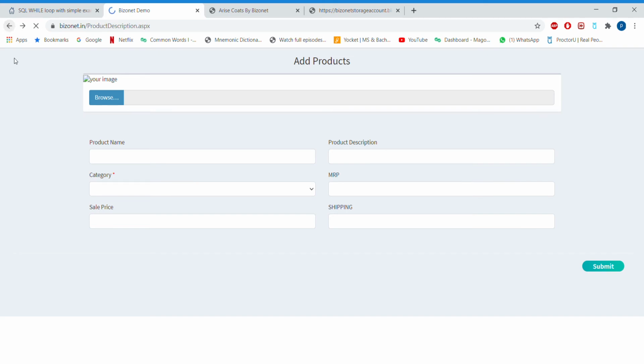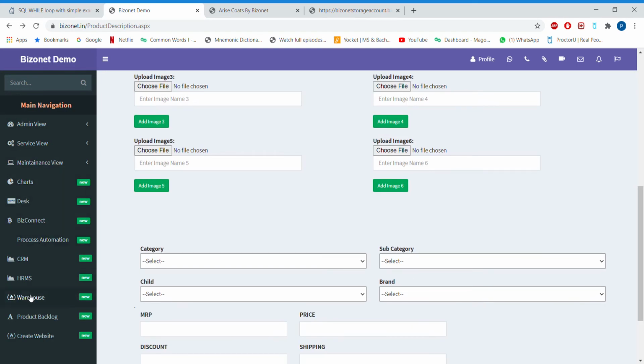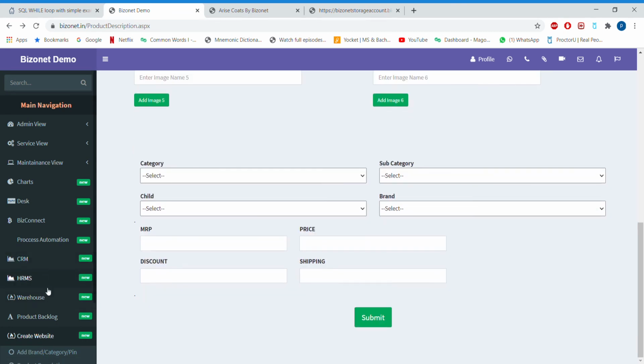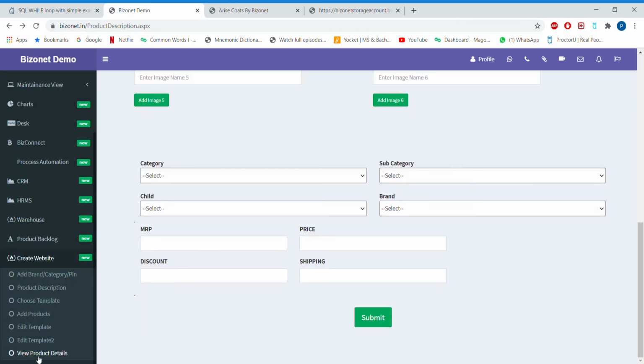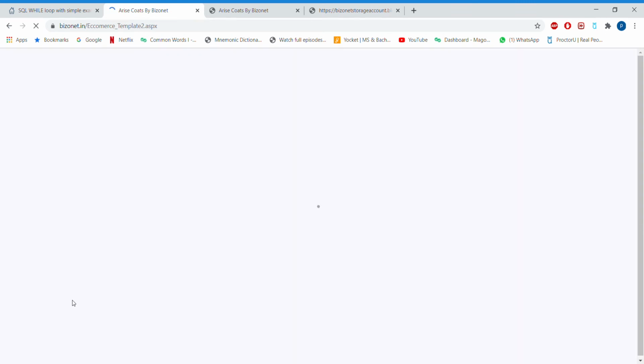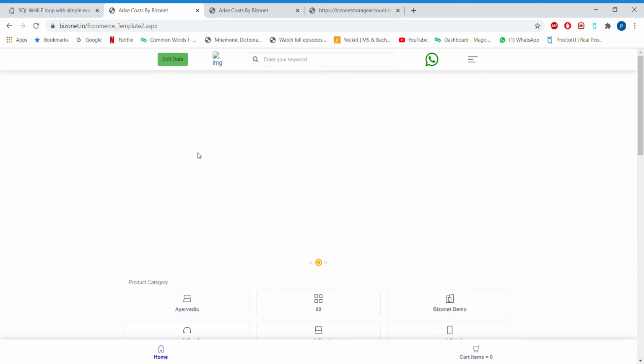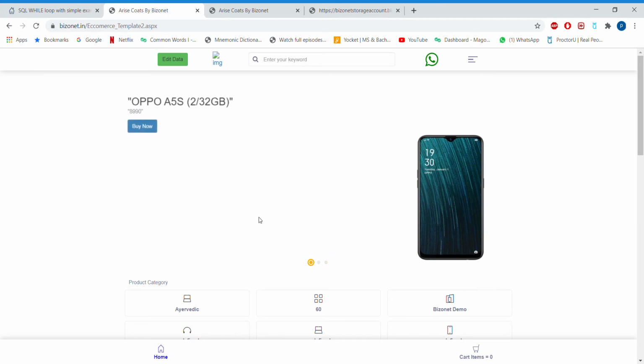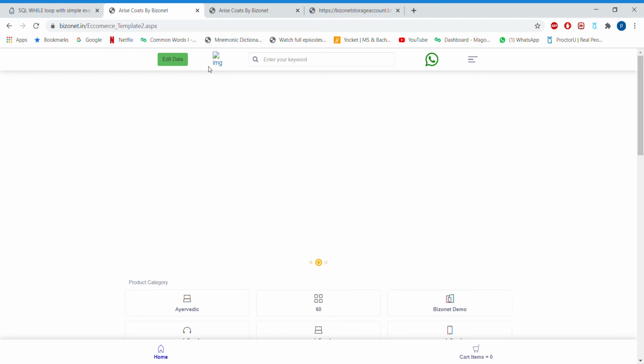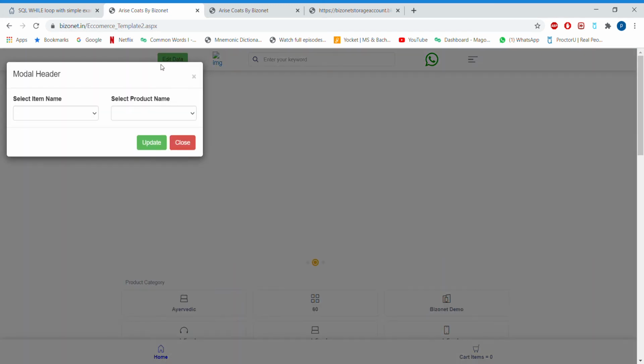Then I can show you how to set up the template first page. Your template first page can be set up from this edit template option tab. Okay, here there will be three carousels in your website, and you can set image for each of the carousel, and also you can select your website logo. Just have to click on the edit data.